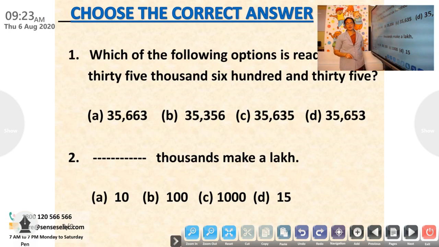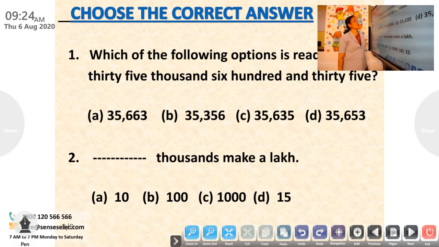Choose the correct answer. See, in the first page, 2 questions are there. And for each question, you can see A, B, C, D. 4 choices are given. Then you have to choose the correct answer out of these 4 options. There will be only one correct answer. You have to choose that correct answer from the given 4 choices.